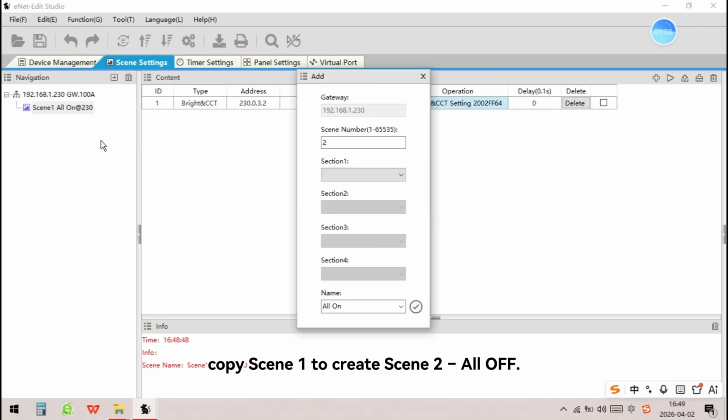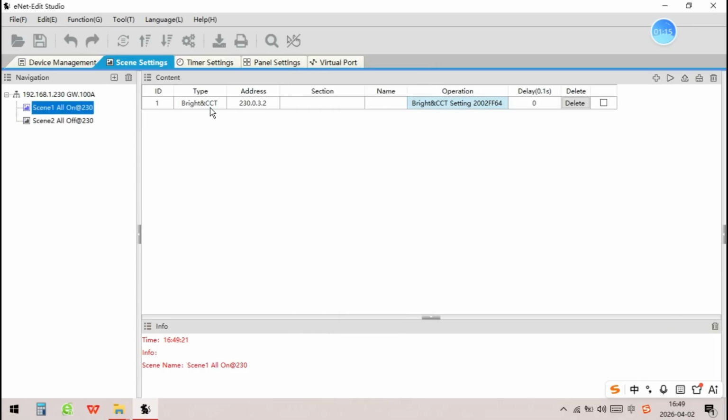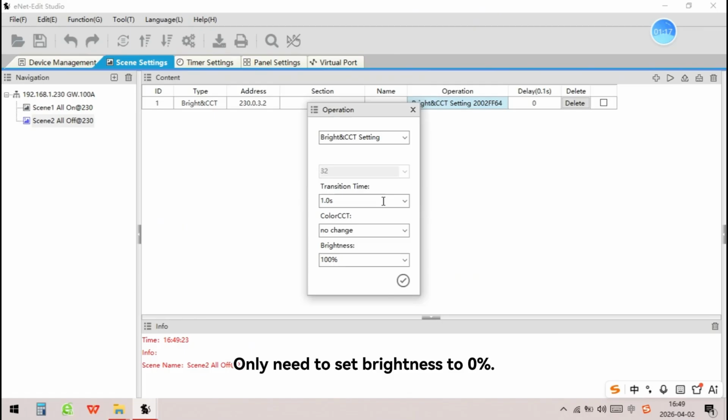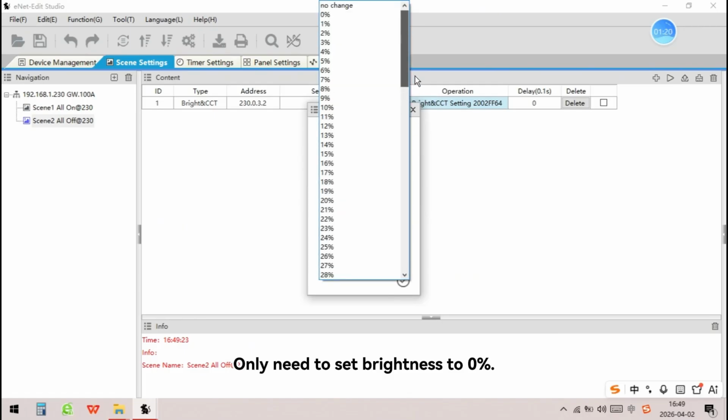Copy Scene 1 to create Scene 2, all off. Only need to set brightness to 0%.